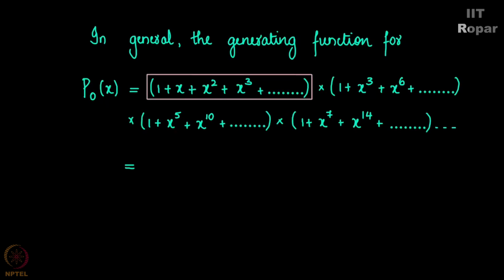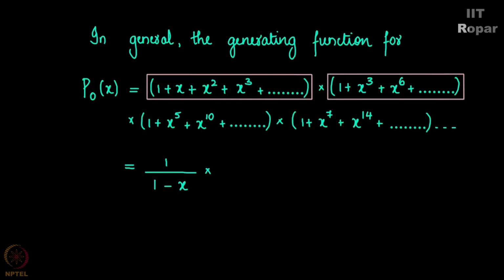So this boxed one corresponds to 1 by 1 minus x. These closed forms, we have already seen them. Whenever you get a generating function which can be written as a closed form, we do it for convenience's sake. In the earlier video where we saw the generating function for PD of x, we had seen that it is 1 plus x into 1 plus x square into 1 plus x cube, so on. There is no more simplified version of it, or there is no closed form, and hence we left it like that. But here we see that these generating functions have closed forms, and hence we write them.